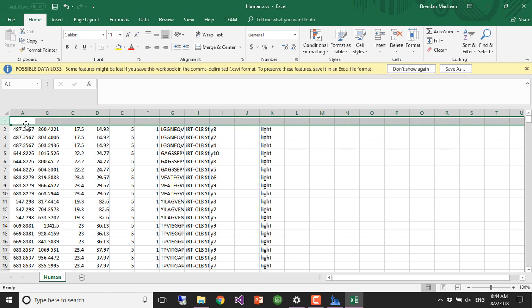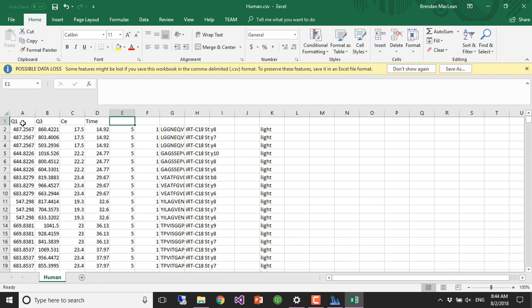So this is our Q1, Q3, CE, time, window, not sure what that one is, and then sequence,